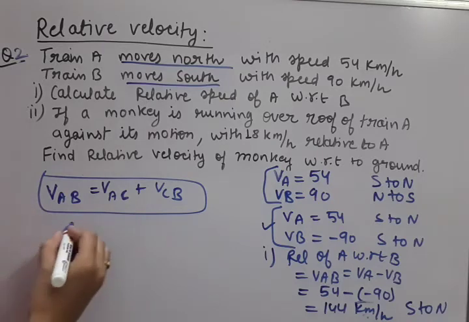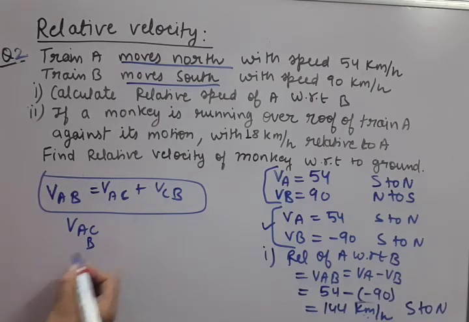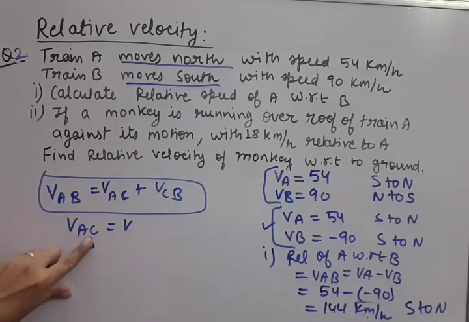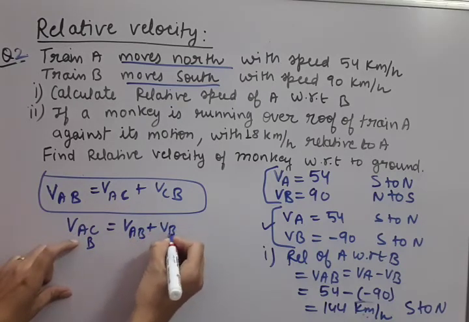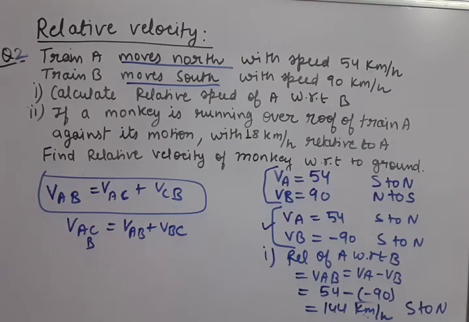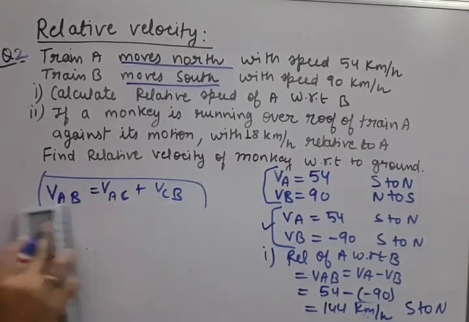Okay, I will give you one more practice. If you have to make the formula of VAC, which is the third object? B. So what should be the sequence? What will be the answer for VAC? This B we have just written to make the sequence, otherwise it is not present here. So the VAC sequence is VAB plus VBC. This way we always prepare the formulas for three object cases. Now let us start this question.